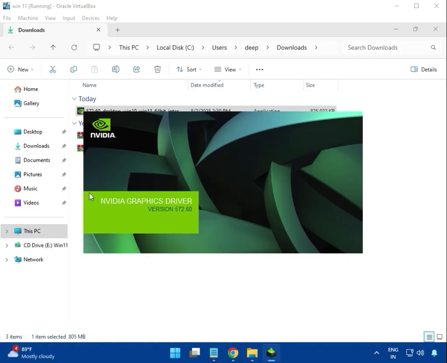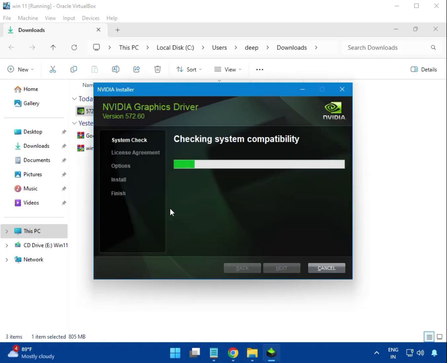After that, you can see it is checking the connectivity, and then next to install, next, and then restart